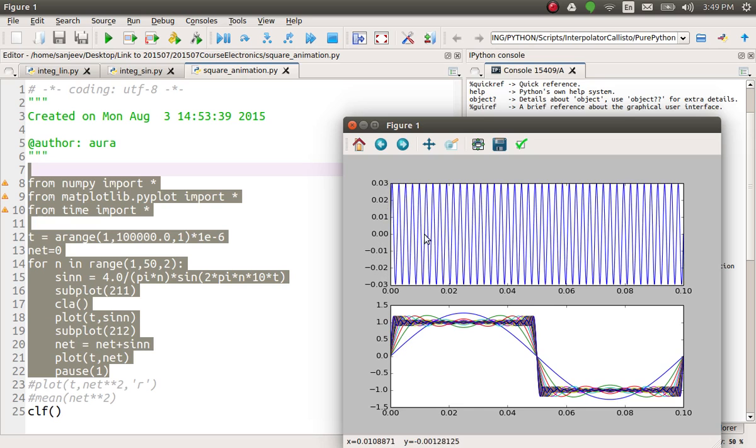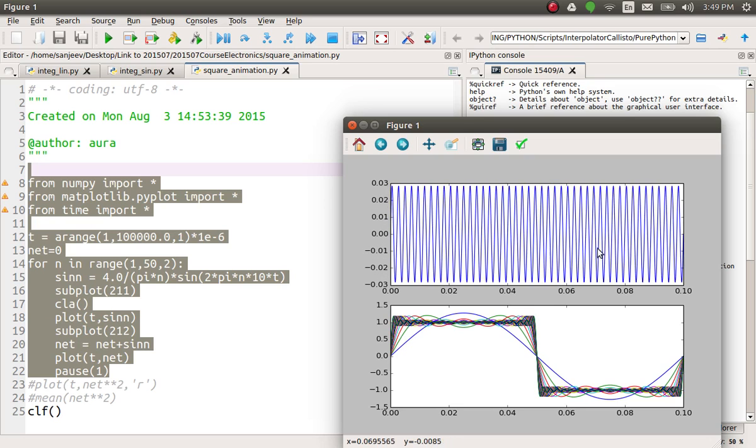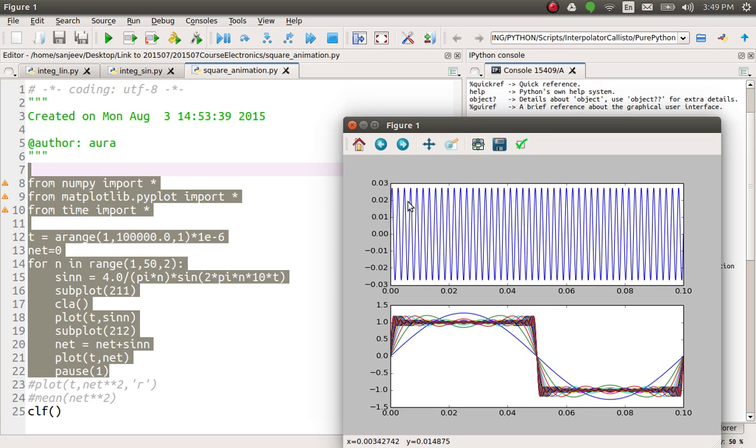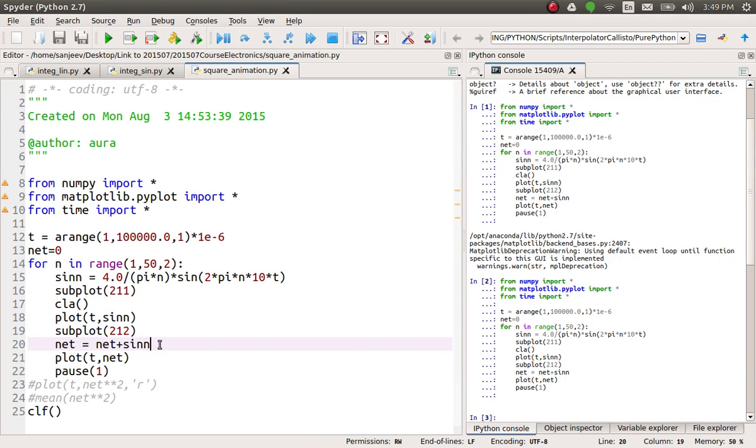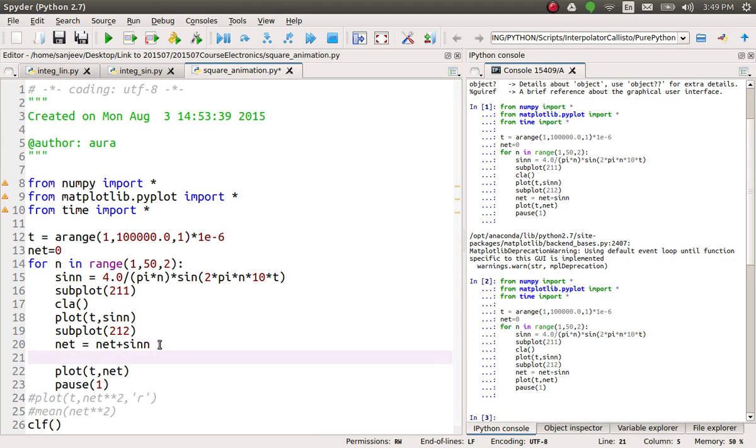So this is every next harmonic getting added. You can see that the frequency is getting higher and higher. There are more and more of the waveforms that you can see. And that's it. So this one is starting to look very much like a square wave. And if you just looked at the net wave and cleared out the previous net wave,